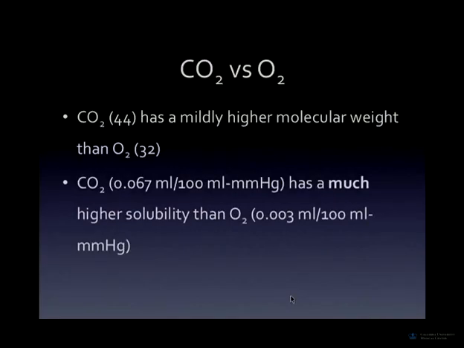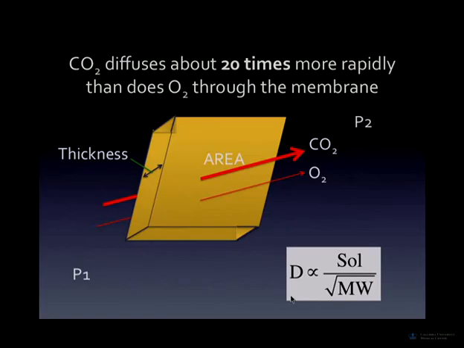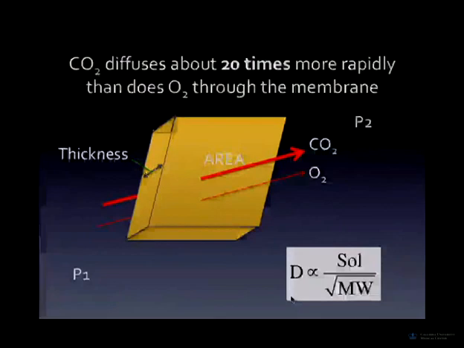The gases that we're talking about primarily, carbon dioxide and oxygen, have fairly similar molecular weights. Carbon dioxide is a little bit bigger than oxygen, but not standard deviations apart. Whereas carbon dioxide is much, much more soluble than oxygen. And therefore, carbon dioxide diffuses through the blood-gas barrier about 20 times more rapidly than does oxygen, which is important, and that's one of the main reasons why our PACO2 and our PaCO2 are